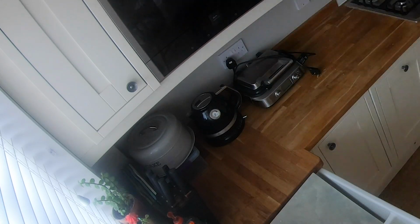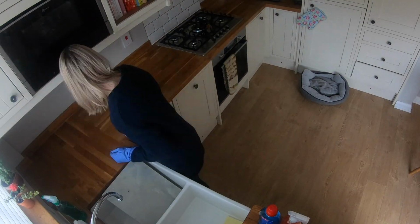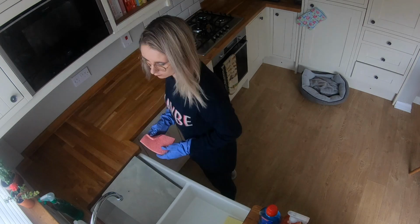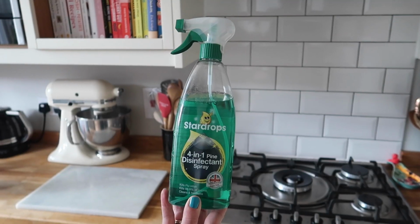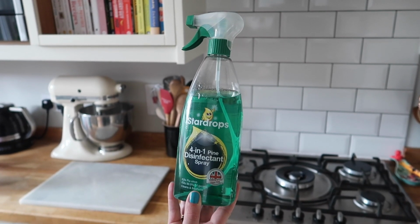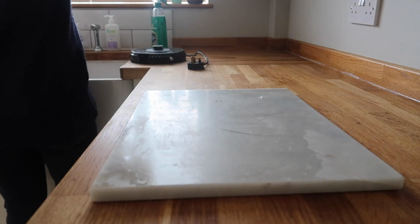Next up, I cleaned this side of the worktop, which is next to the sink. I firstly got all the crumbs off it because it was quite crummy, before I then disinfected it using the Stardrops 4-in-1 Pine disinfectant spray. I just put that all over it and also over our marble worktop saver. I then also